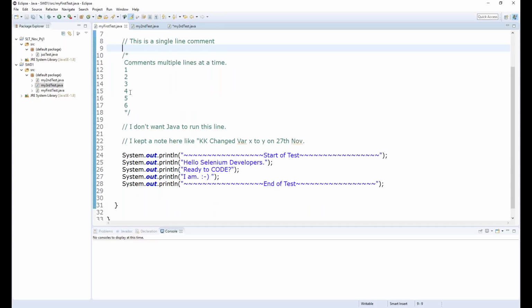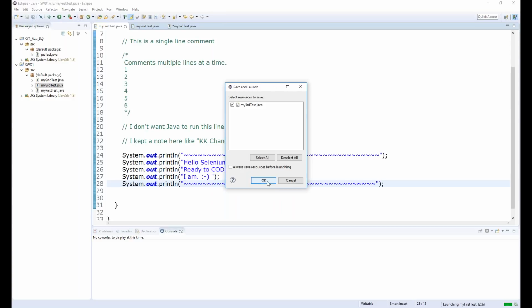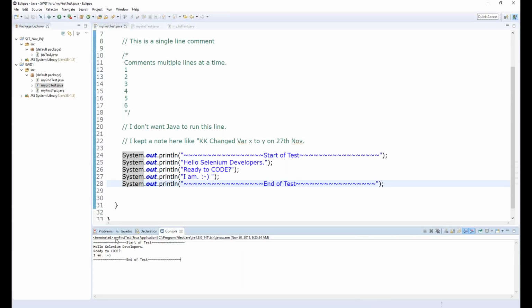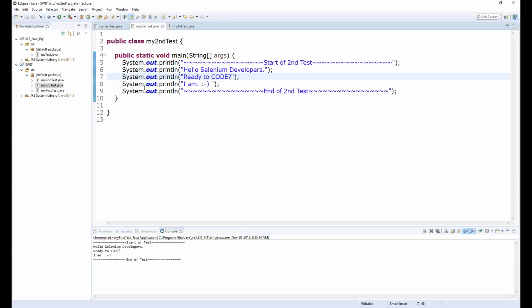Now, this code, when I execute, it primarily has these 5 steps that it wants to do. And these are all print statements, and it's going to quickly print them out. I have nothing in my third test, but it said, can we save it before? I said, fine. And this has printed out from my first test. This is the one that we created. How about my second test.java? Much cleaner, simpler, because I deleted those comments. This is how the code would look otherwise. And if I run this code,